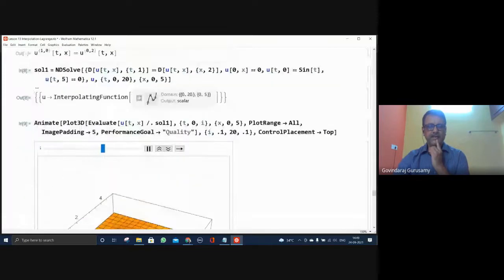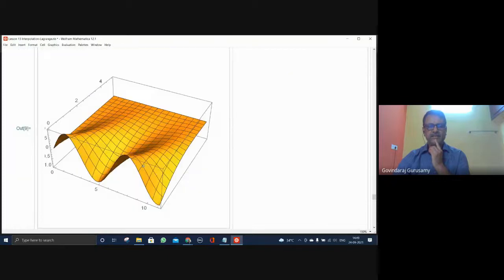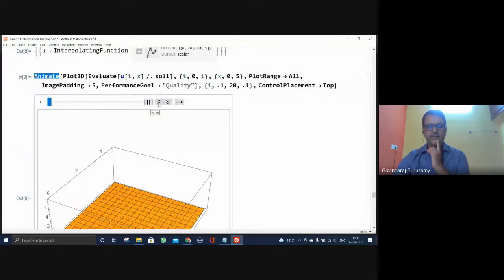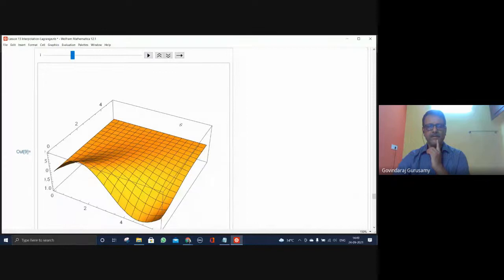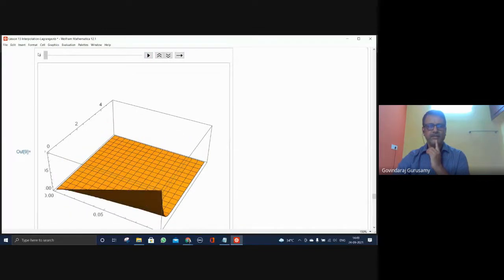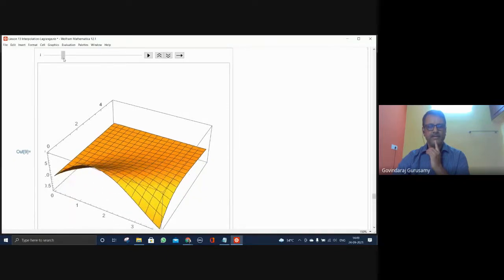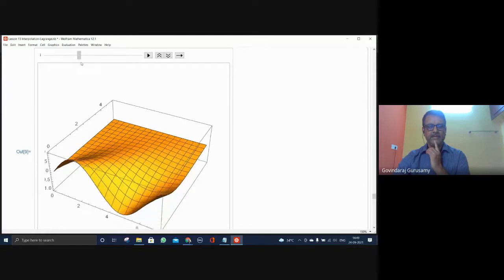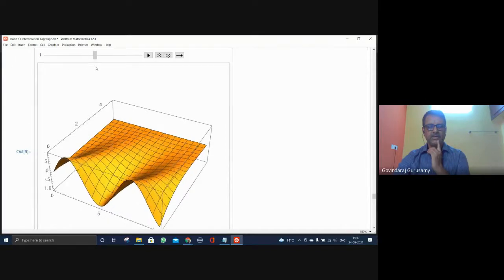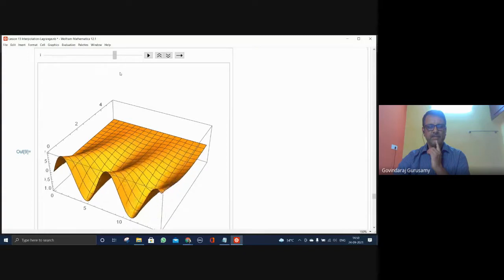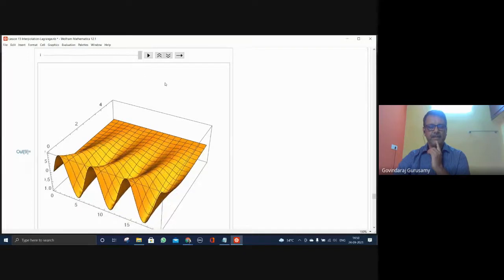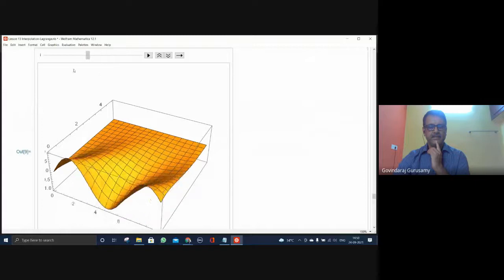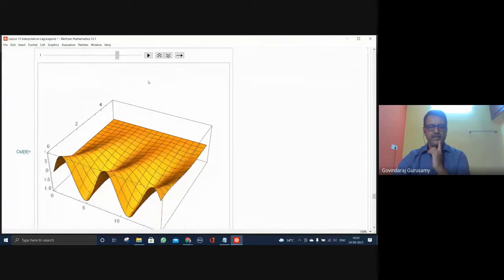I'm not manipulating it, it's animating. The difference you see is that animate means it automatically starts giving the response. Okay, now you can have a control over it, and you can change it and see what's happening. This is the starting, 0.1, and go on to the rest of the time. And you see that the x-axis, what you are trying to look at is the time axis, now it is t. Okay, this is the result that you will be seeing now.